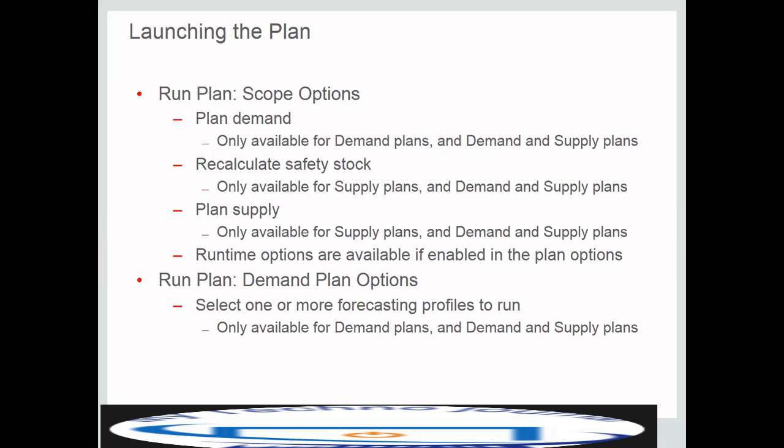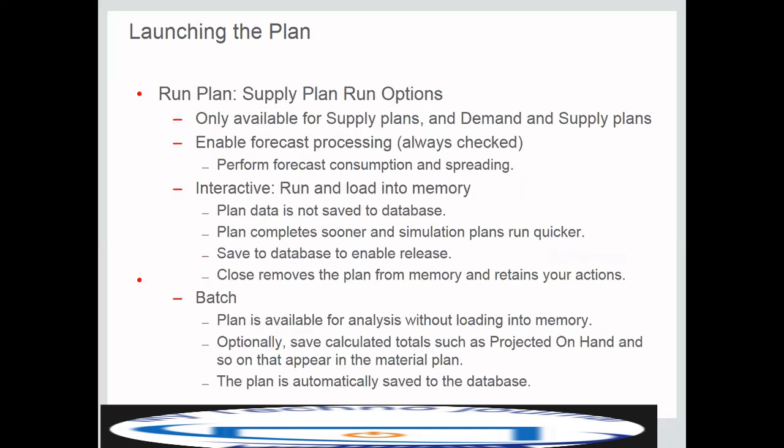And one more important thing which you have to keep in mind is, while defining the plan, you have to choose the appropriate forecast profiles. It could be a booking history, shipment history. And this is only available in the demand plan or demand and supply plan case. And you should also make sure that enable forecast processing